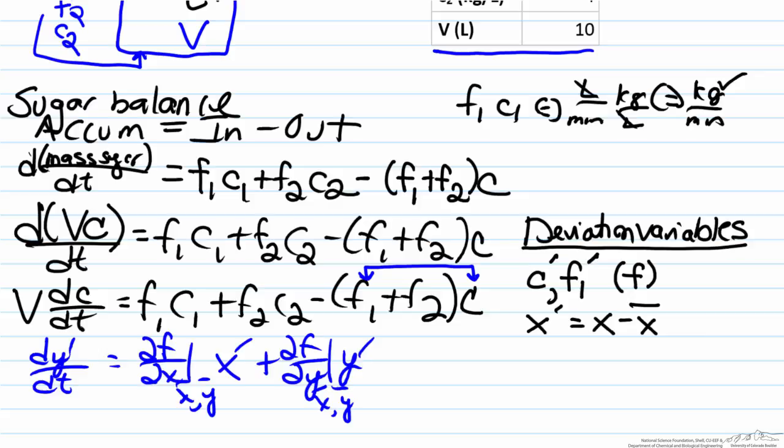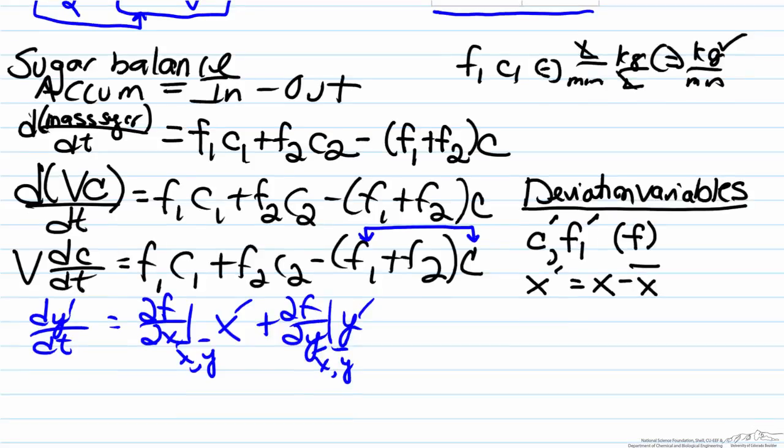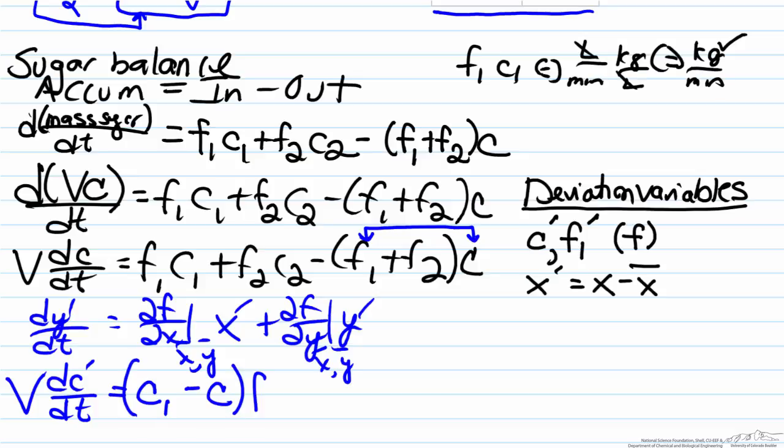Here our two variables are C prime and F1 prime. So the left-hand side will just be V times dC prime/dt. And that will equal, first, our derivative with respect to F1. The second term goes to 0. And the third term will be minus C, put in parentheses because we multiply everything by F1 prime. But note, with C1 minus C, we have to evaluate it at the steady state value. So C1 is a constant, so there's no bar necessary. But C is not, so we're going to have to put a bar there.